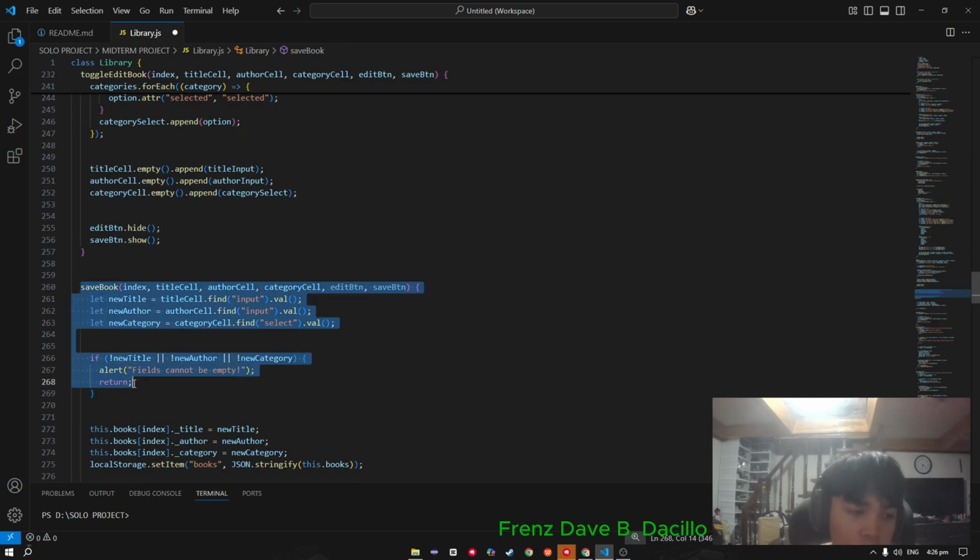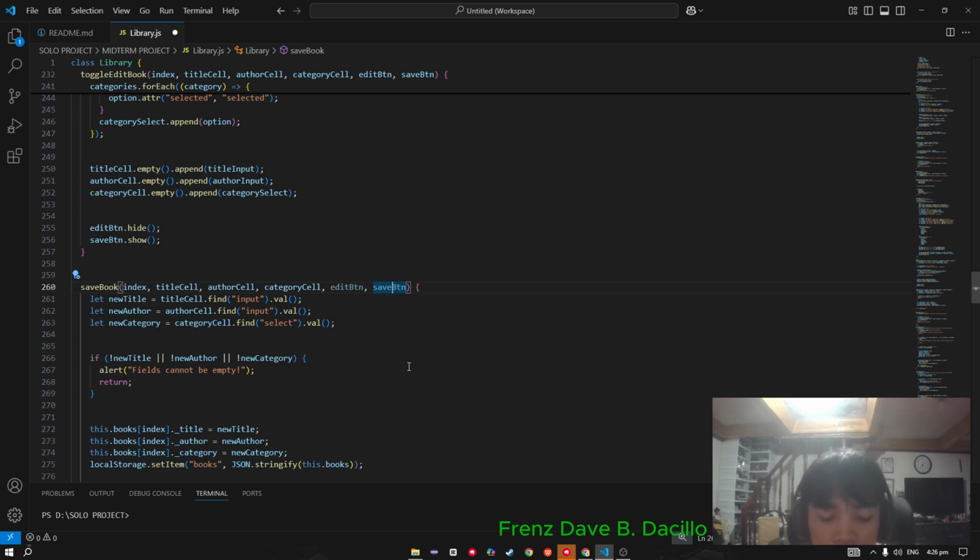So moving on to the save book method. First, we also create parameters here: index, title cell, author cell, category cell, edit button, and save button. These parameters help identify which book is being edited and allow updating its details.